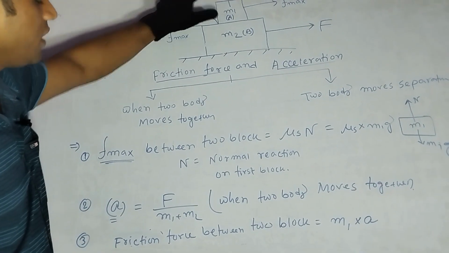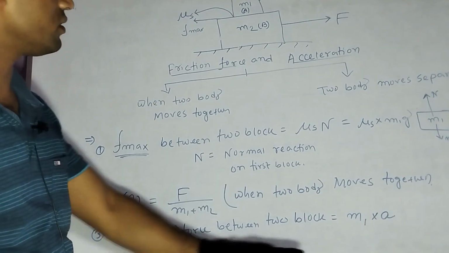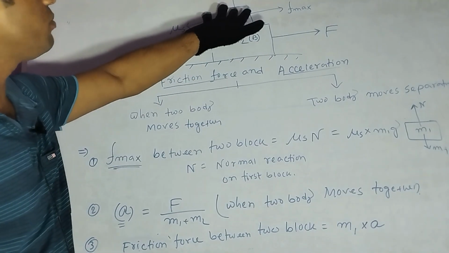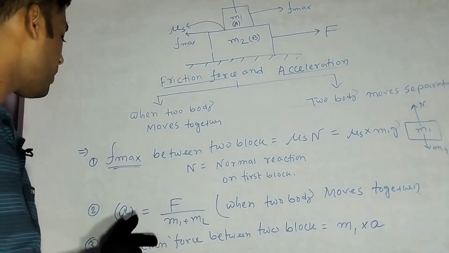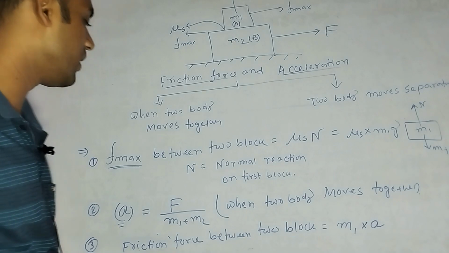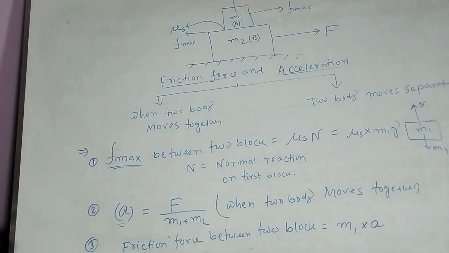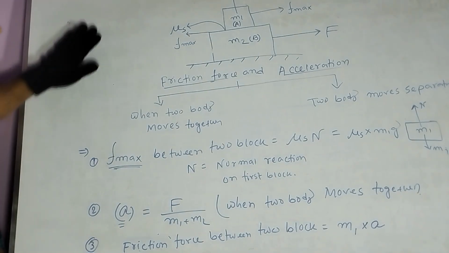এই দুটো ব্লকের মধ্যে কী বের করবে? ফ্রিকশন ফোর্স কত কাজ করছে, এর ফর্মুলা কী? ফার্স্ট ব্লকের মাস ইন্টু যে অ্যাক্সিলারেশনের ভ্যালুটা বেরোবে, তাকে মাল্টিপ্লাই করে দিলে বেরিয়ে যাবে ফ্রিকশন ফোর্স বিটুইন টু ব্লক। ফোর্থ পয়েন্ট,